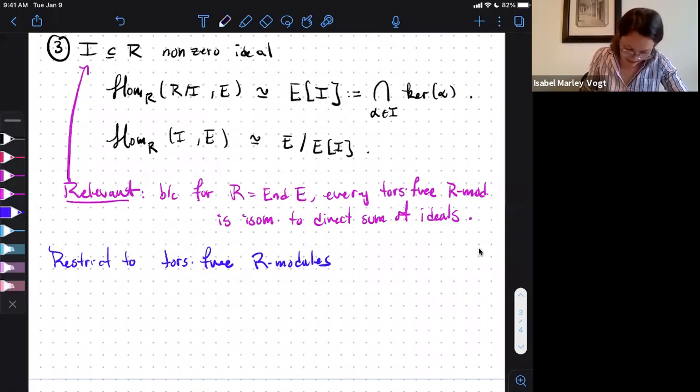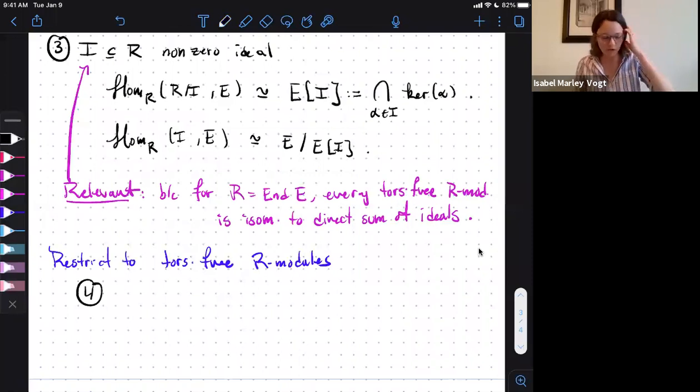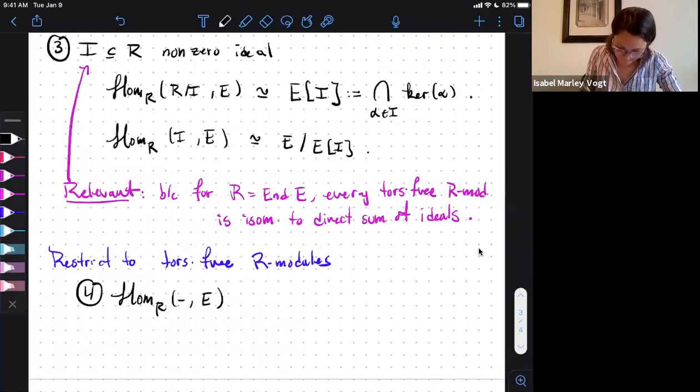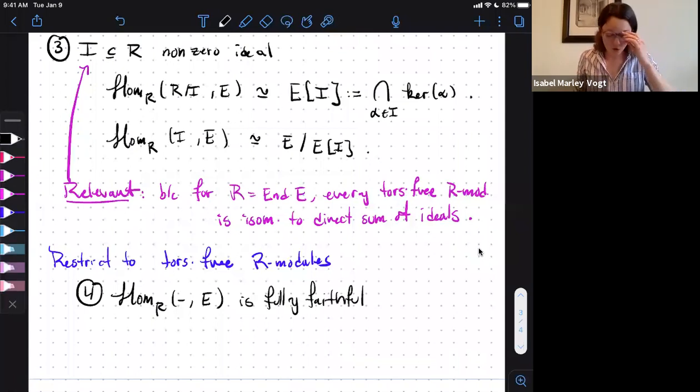So now what I'm going to say, this fourth nice thing is only true about this functor when I restrict to this smaller category where I assume my R module is torsion-free. So then in that case, Hom_R(-, E) is fully faithful. So again, that backs up our ability to do algebra to get geometry, right? So the morphisms as two things in the image, the morphisms as K group schemes are just the morphisms of